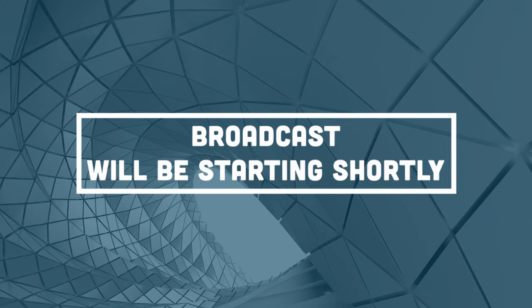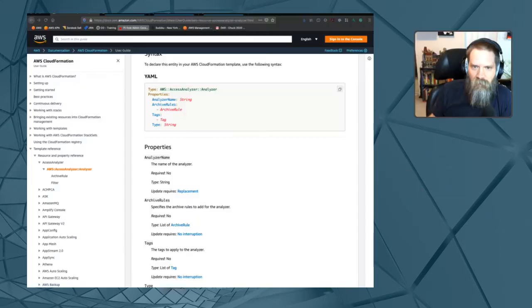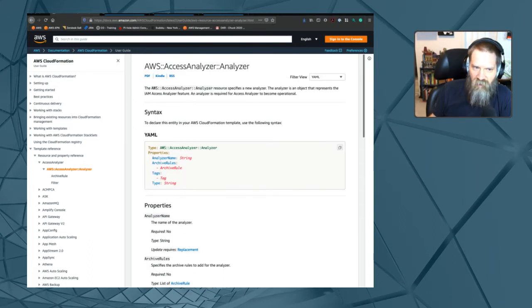We're going to just jump right in and start building out the Access Analyzer in CloudFormation. If you're not familiar with the Access Analyzer, essentially what this allows us to do is understand access to our account from outside a zone of trust. You can set this up for an entire AWS organization or a single account within an organization. Tonight we're just going to go with a single account deployment of this solution just to demonstrate how